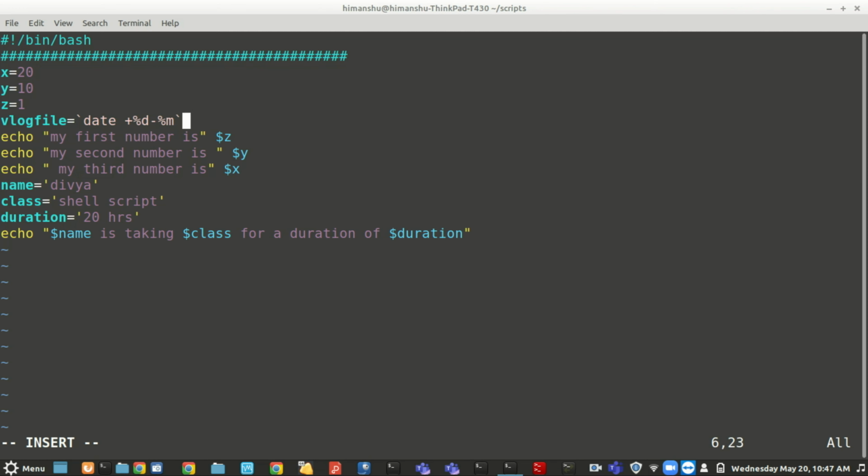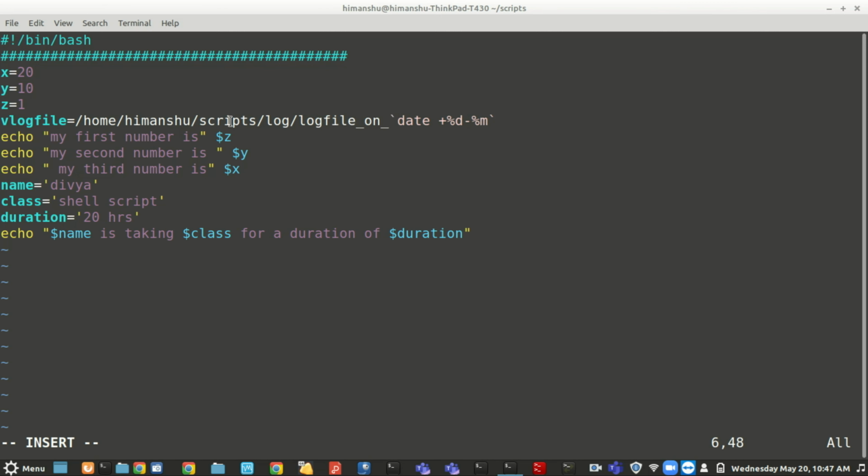Now I can append this value to a file name. Let's say, what would be my log file name: slash home slash Himanshu slash scripts, then we have the log folder there, and I will say logfile underscore on underscore.